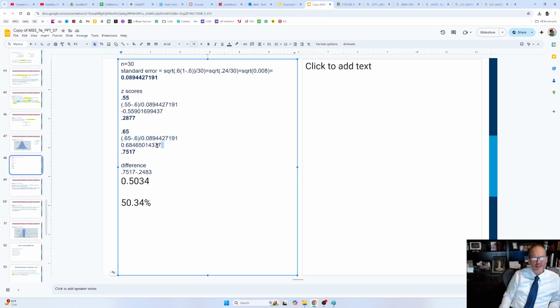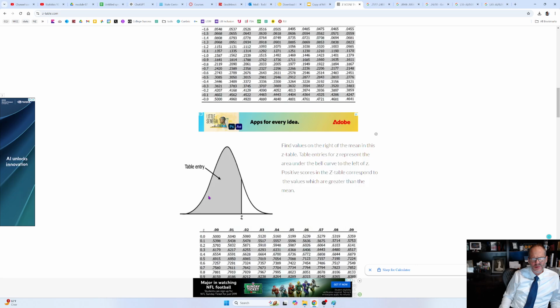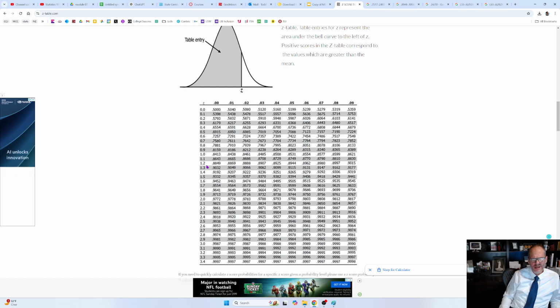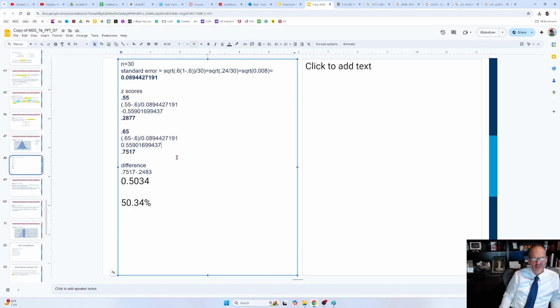When I look up 0.559 or 0.56 on our z-table, positive 0.56, it's going to be 71.23. And so when we take 71.23 and we subtract 28.77,